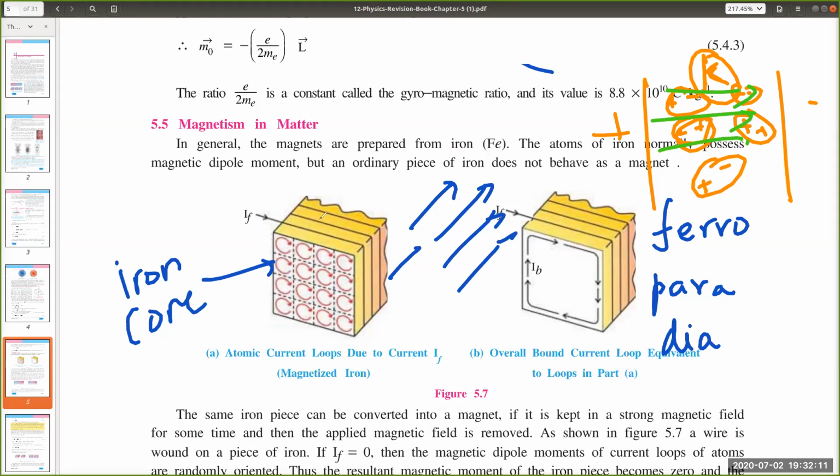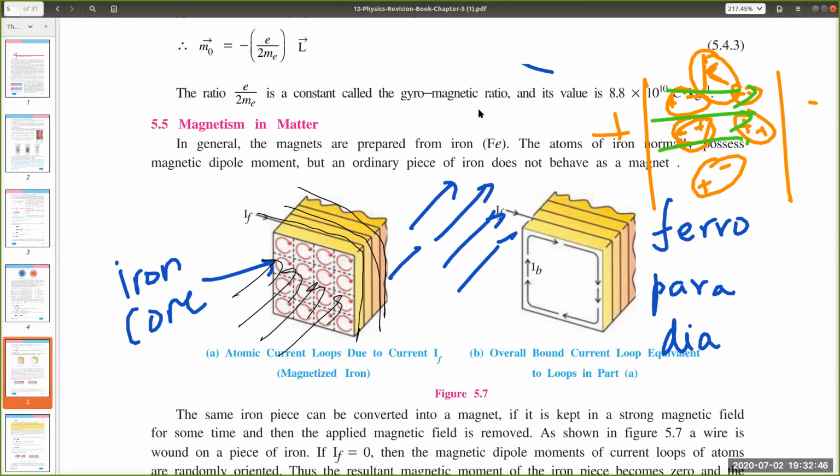Same way here, this yellow thing is a magnet, some material. This can be iron, this can be wood, this can be anything. But what you have done is wound it with wires, current carrying wires. What do these current carrying wires do? They create a magnetic field, right? This black thing is the external magnetic field. And whatever this material was, iron, wood, whatever, it had atoms, and therefore it had random magnetic moments, right?